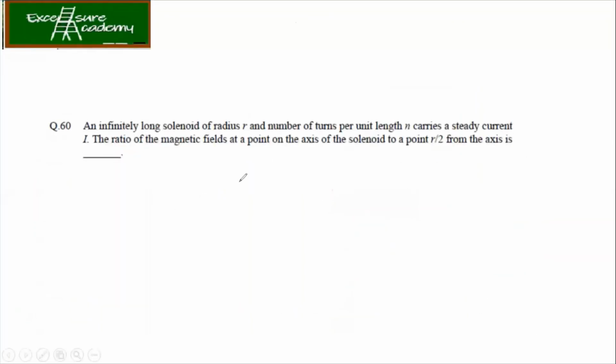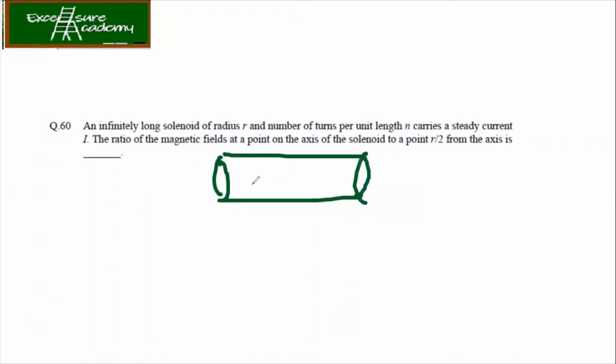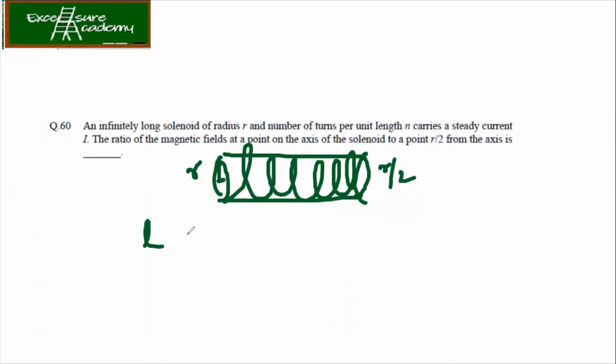Yes. So what is a solenoid? If you remember, this is the structure of a solenoid, a zigzag like this, something like this. So that is a solenoid. If the distance over here is r, right? So we are going to get r by 2, they are asking. So the length of the solenoid, let us say L, number of turns, let us say N, then n is equal to N by L, where n is the number of turns per unit length.